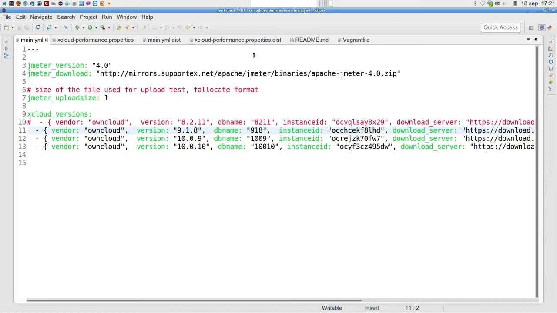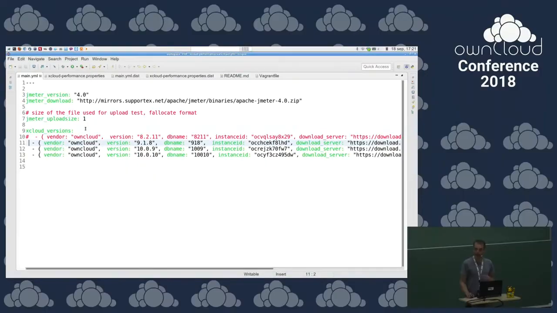It also downloads the JMeter binary for me, and it creates a file that I'm going to use for upload testing. I can specify here how big I want that file to be. In my tests, I use a 1 byte file because I'm not interested in how long it takes to put it across the network or write it to disk. I just want to see how fast ownCloud can process it for me. But Holger said he wanted to do some upload testing. Well, you could put 100 MB here and it's going to upload 100 MB for you. It would also be possible, yeah. I haven't tried 100 gigs, but